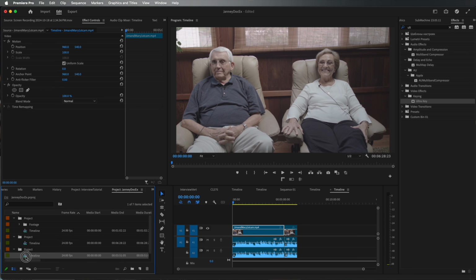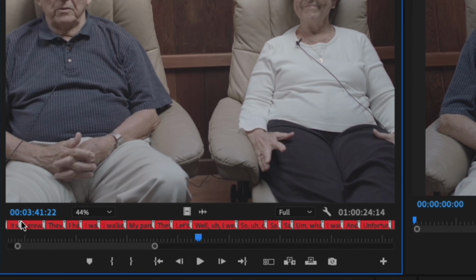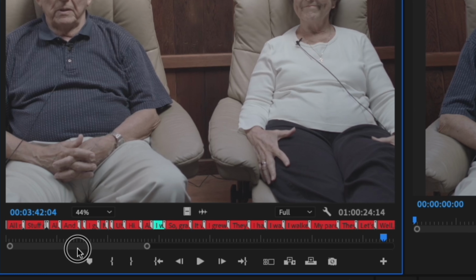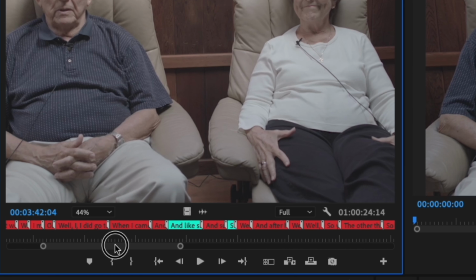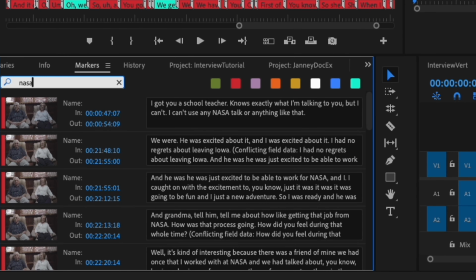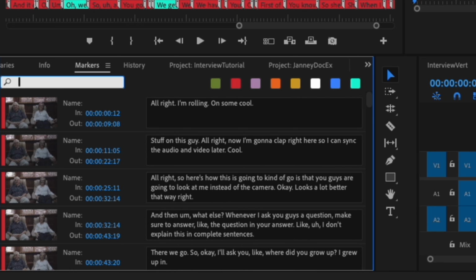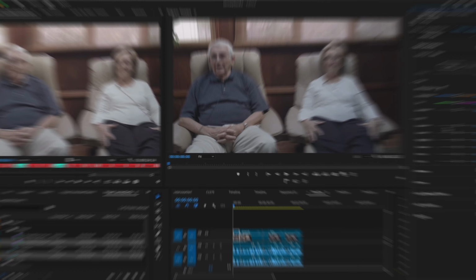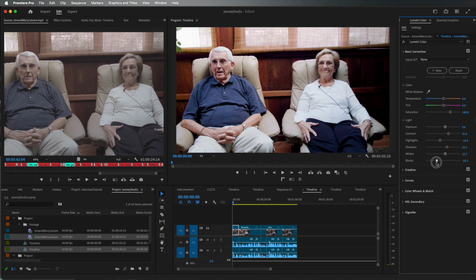Eddie also includes the transcript of your source footage as searchable markers. The moments that made the cut are marked in blue, and the moments that are omitted are marked in red. Finding moments that you may want to include on a second pass is as easy as searching for keywords in the Markers tab. Now that I'm happy with my rough cuts, I can dive in and complete all of these